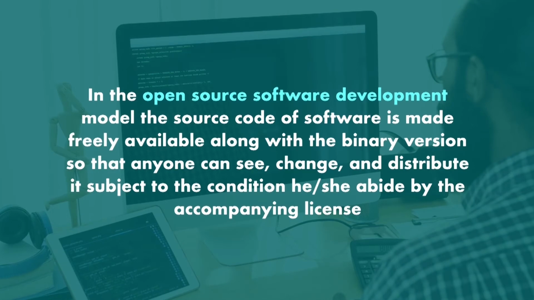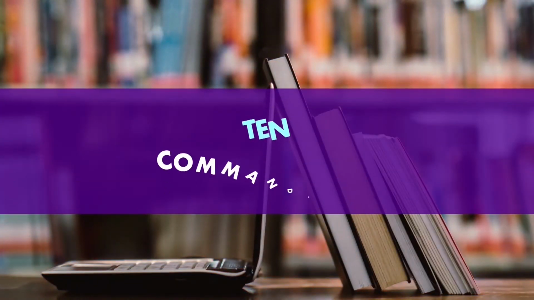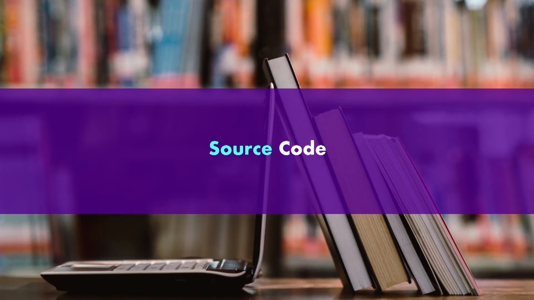So according to opensource.org, open source software is based on 10 parameters or 10 commandments, like free redistribution. Every software should be freely redistributable. If I download a particular software and change something, I will have the power to redistribute it to you or my other friends. Source code must be available with the system, so that anyone can make a change, anyone can recompile and reuse.